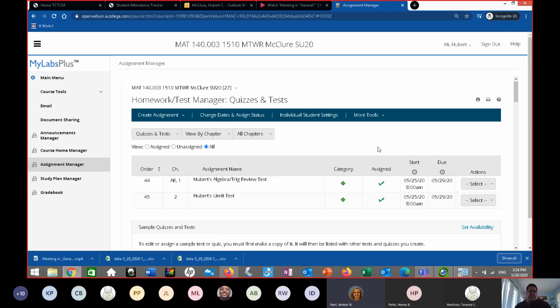Does it tell you which ones you missed? I'm fixing to show you right now. Okay, I'll tell you what I got wrong. I'm gonna tell y'all a secret too. Miss Sterling can eyewitness this, or she can verify this, and any other students that have had me. People will call me and ask me, when is the test due? People, if you look on MyLabs Plus, it will tell you when it's due. It will tell you how many attempts you have. It'll tell you how long you have to take it.